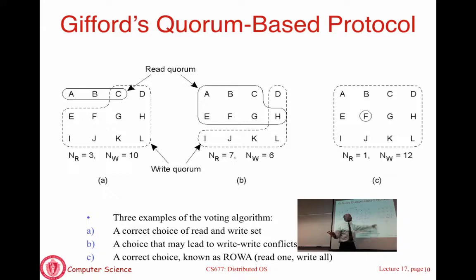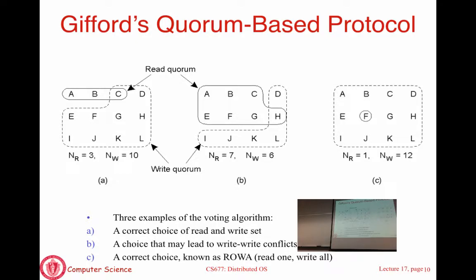You always write to all. Your read can then hit any server. You don't even have to check with other servers, because if you set NR to 1, the voting is yourself. You are not even comparing with anyone. But you are guaranteed that you are going to get the most recent version of the file, even by checking with only one server, because you are ensuring that every write has gone to all servers. So this is most efficient in terms of reads, because you can just send it to any server you care about, and whatever it returns is guaranteed to be most recent. But it's most expensive in writes because every write has to go to everyone.